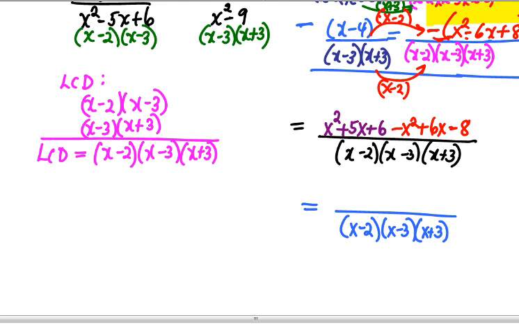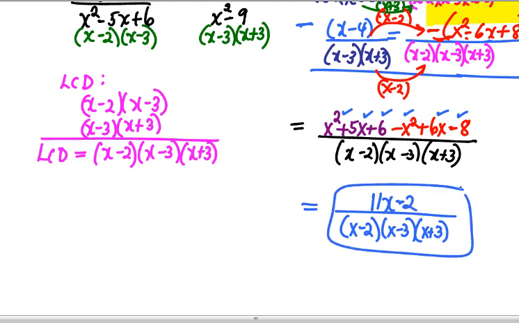But now we're going to combine the terms in the numerator. So we have x squared and negative x squared. Those are 0. 5x and 6x, 11x. Positive 6 and negative 8, negative 2. We now have our answer. And we can see that 11x minus 2 does not factor, so it would have been in parentheses, and it is not going to cancel with any